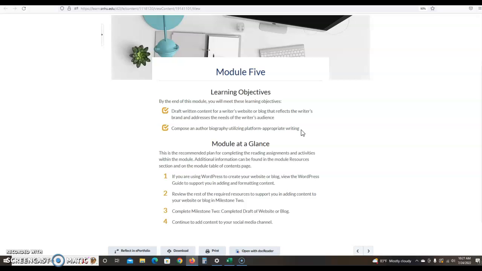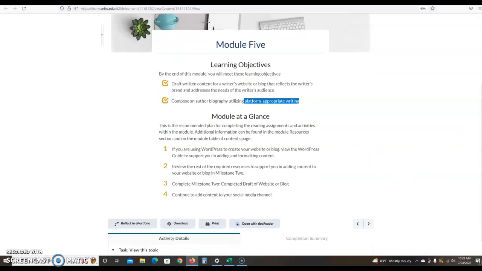Even if the writing that you do is for different audiences, you want to err on the side of being slightly more professional in that website that you design. Now, in your social media interactions with readers, you can be personal there, but you look at the professional websites of most of the authors you've seen and we've talked about, your classmates have talked about, err on the side of platform appropriate writing, which means good grammar, not overly emotional, professional,